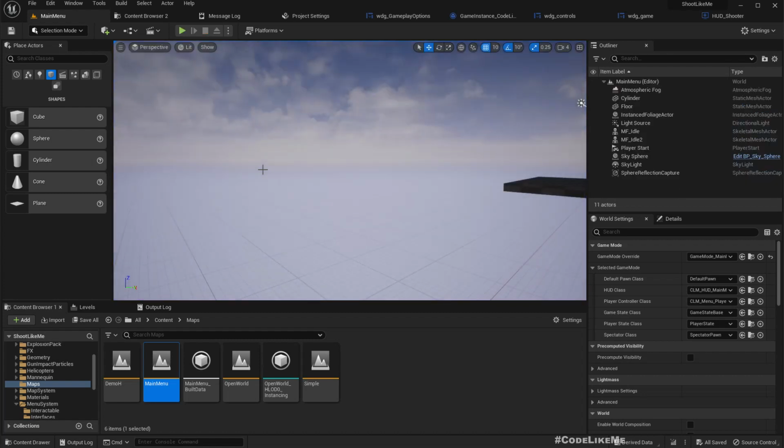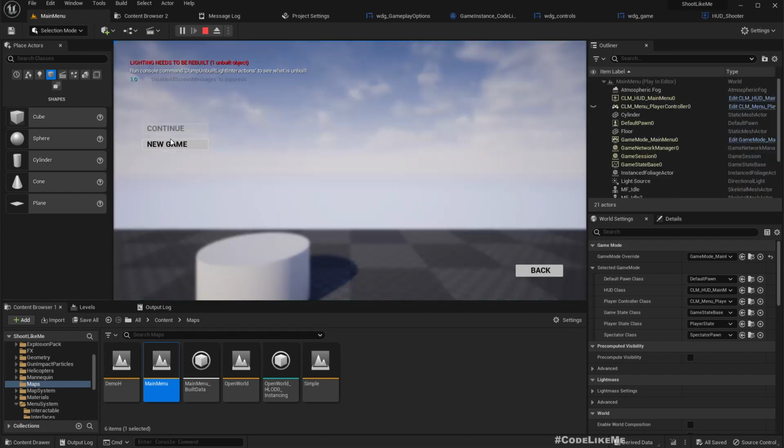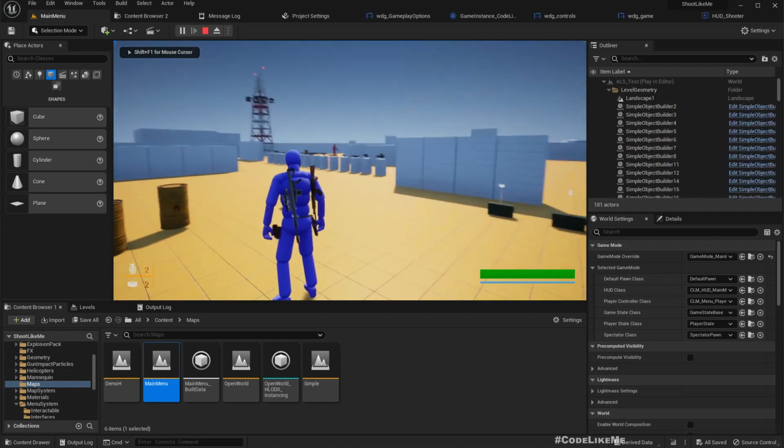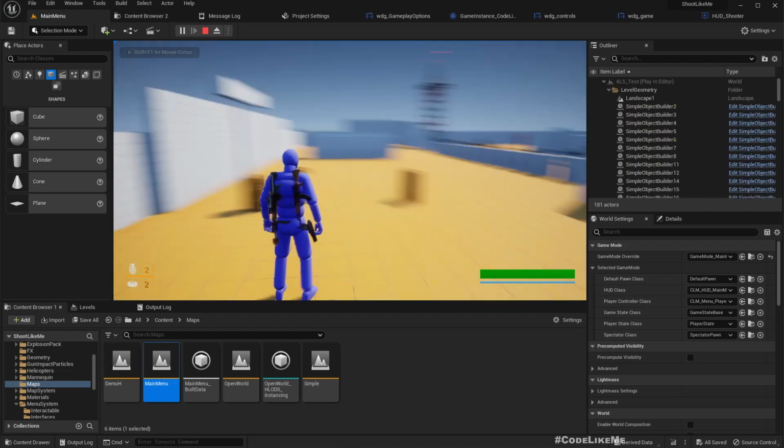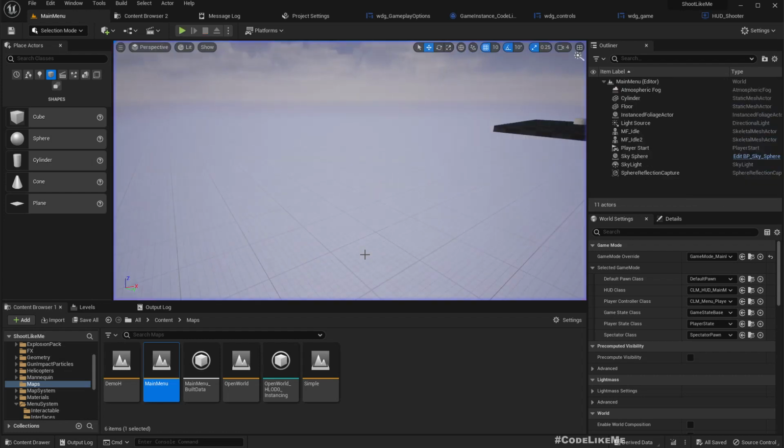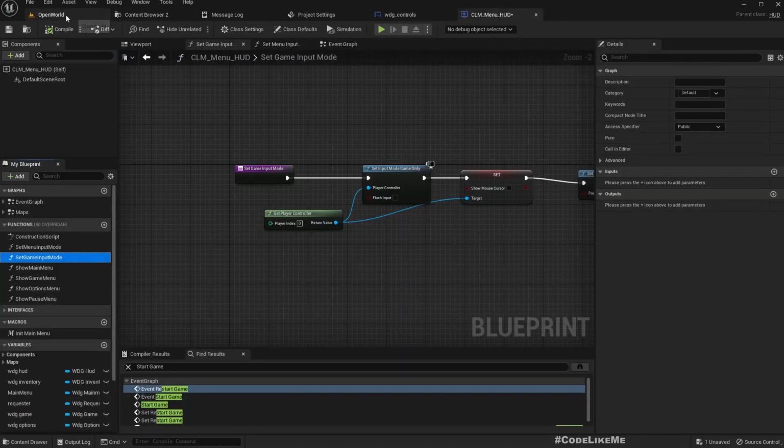Nice, but I don't think my pause menu and everything is also working. If I press P, see, at the moment nothing happens. Actually I have set up both P and escape, but I can't use escape within the game editor because it just terminates the editor play session. Okay, let's go back to our menu project,